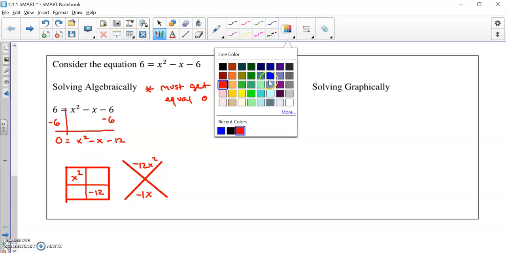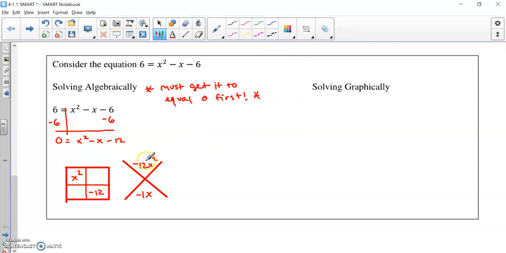And of course, now we get to play the game. What two numbers multiply to make negative 12 and add to make negative 1? Hopefully, you would realize that those numbers are negative 4 and 3. So that's how we're going to fill in our box, or boxes. And now we can fill out the outsides. And again, I'm not going through this part particularly slowly by any means, because this should just be a part of our knowledge now. So remember that when you're solving by factoring, you have to actually go that extra step